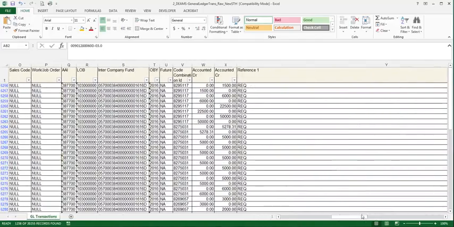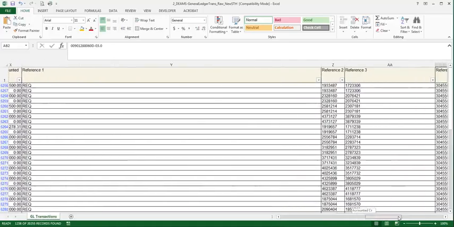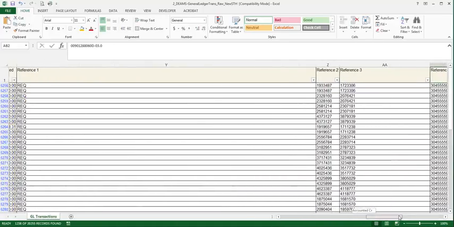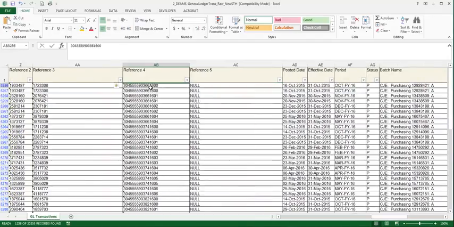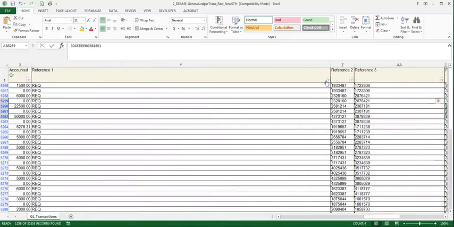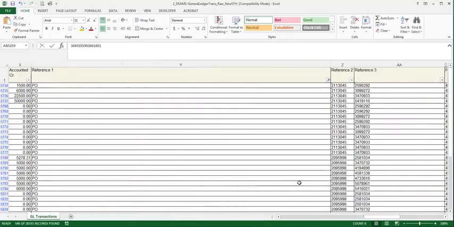So now reference 1 is going to tell you whether or not it affects the requisition or the PO in the forms of accounting transactions until it gets to paid, and then it ships to the vendor. And now reference 4 is showing me the actual requisition number with mods, etc., that it's looking at. Now if we go back here to ref 1, and we remove the requisition and we show you a PO,